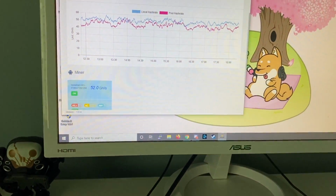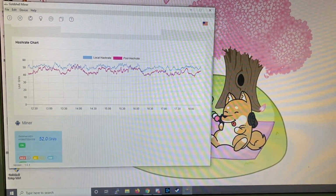And let me just say that they must be happy to have created this miner that they can sell for